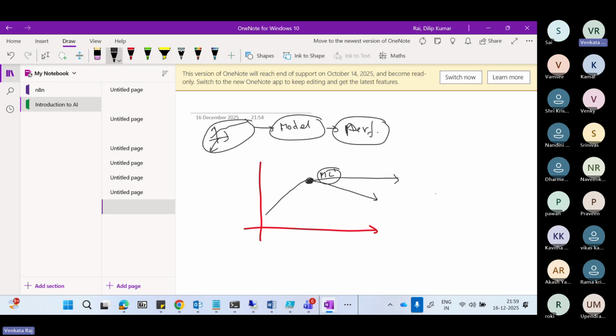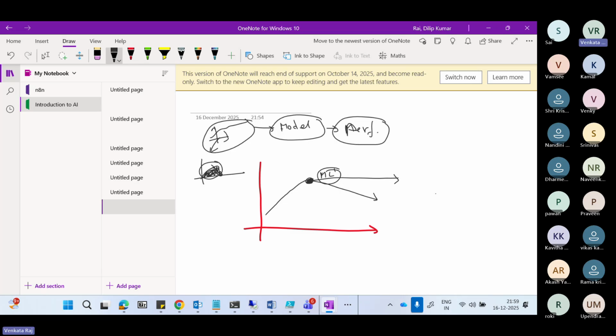Because a deep learning model will require a lot of hardware, and cost and time are involved. It takes a lot of time on training and giving output. GPUs are involved. When we go deeper into machine learning, you will understand the core difference between deep learning and machine learning, when to use machine learning and when to use deep learning. When you have very limited data, a very small data set, and a very small project, in that case you'll go for machine learning, not deep learning.